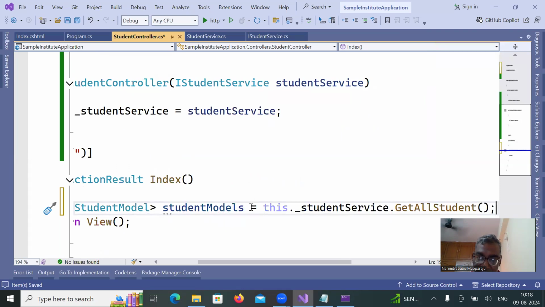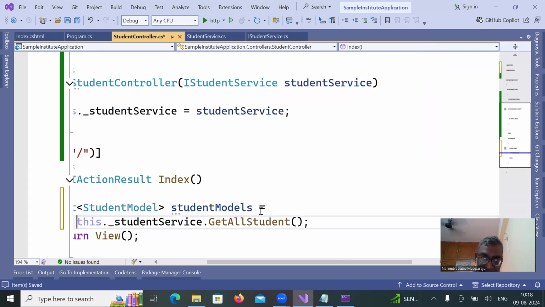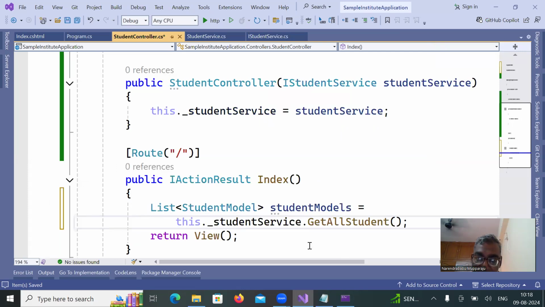This is how I have to get the instance of the object. With the help of injection, I'm getting that object. I'm calling this GetAllStudents. Now this student model, I'm going to pass to the view, Index,